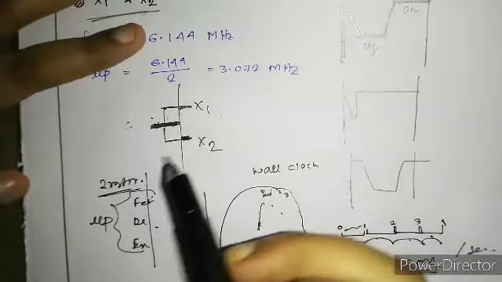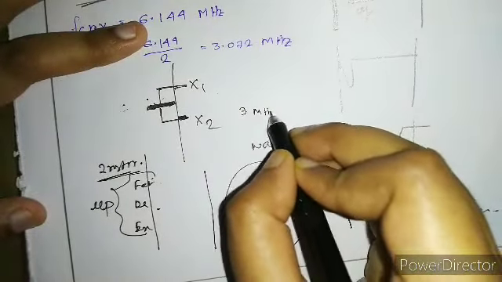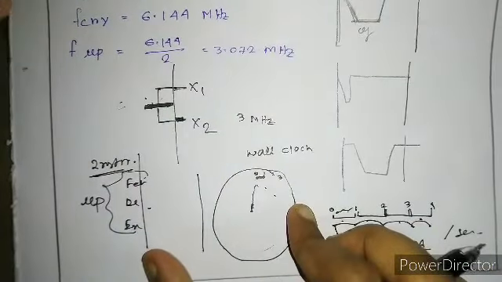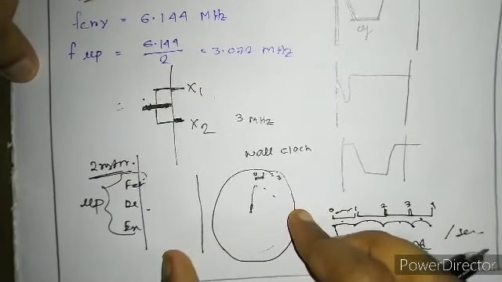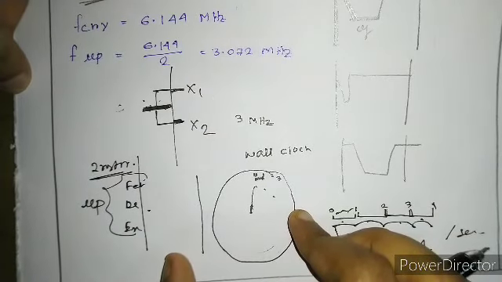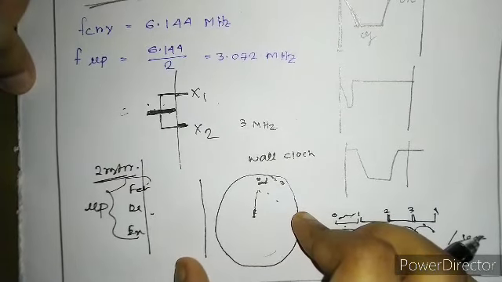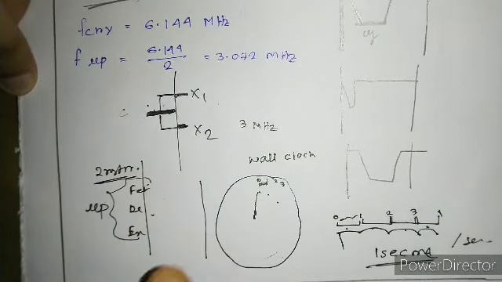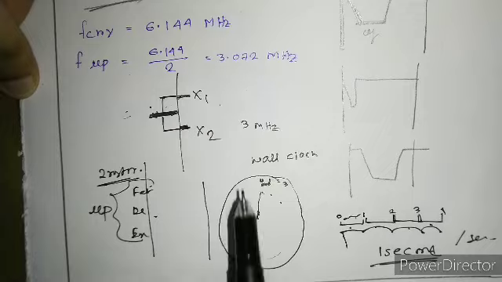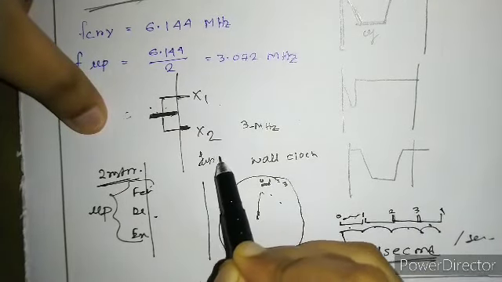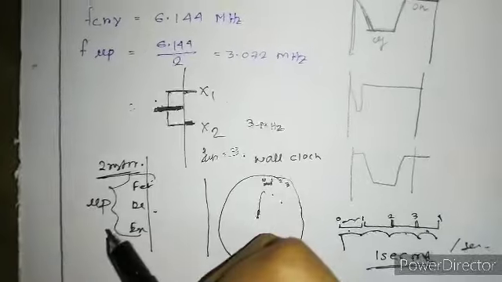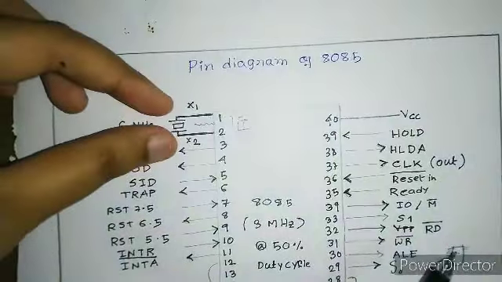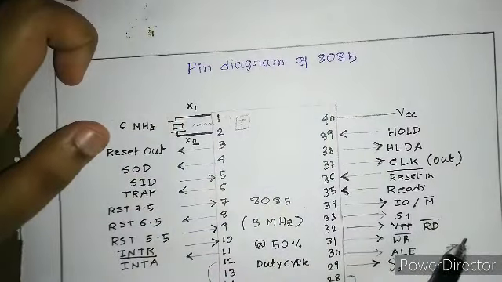Now the microprocessor is a 3 megahertz microprocessor, which means that it can perform 3 million cycles per second. That's tremendously fast. Though it was in the 1970s, now we have 3 gigahertz microprocessors. So you can understand how tremendously fast they are. But here is something more to understand. The microprocessor is 3 megahertz, but the oscillator frequency generated by X1 and X2 is 6 megahertz. Why is it like this?